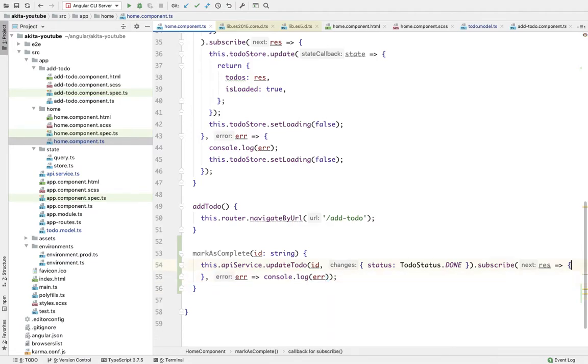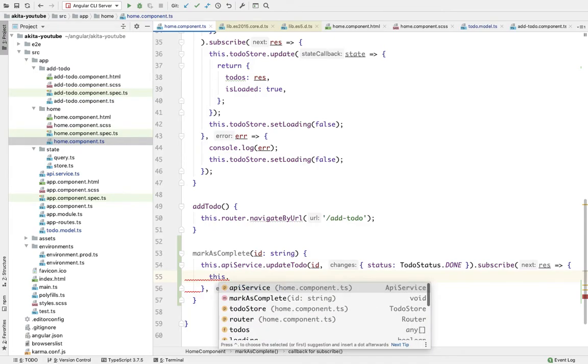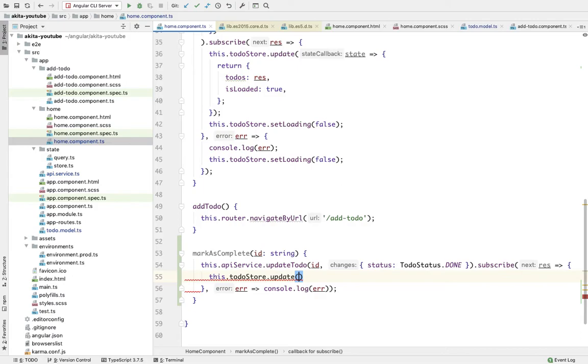Now here, after we have successfully updated the to-do on the back end, we have to update the store as well. So we are going to fetch the to-dos from the store, this.todoStore.update. We are going to pass a callback which will receive the previous state and will return a new state.